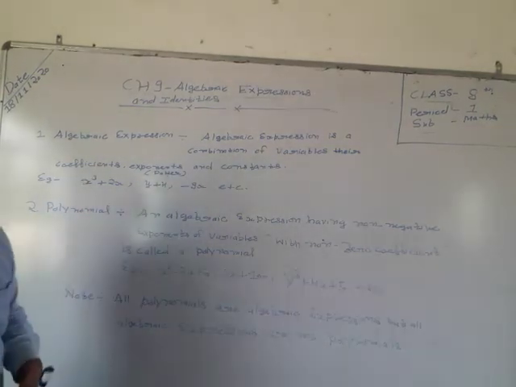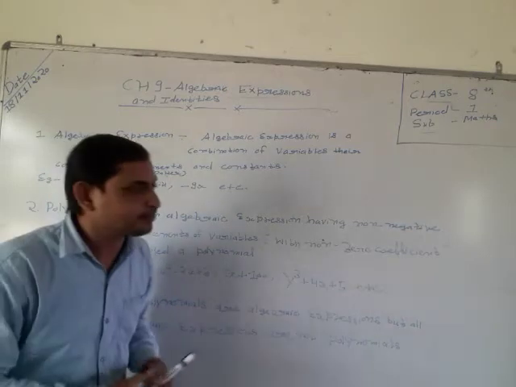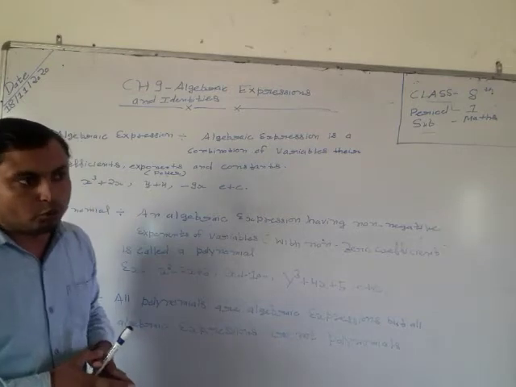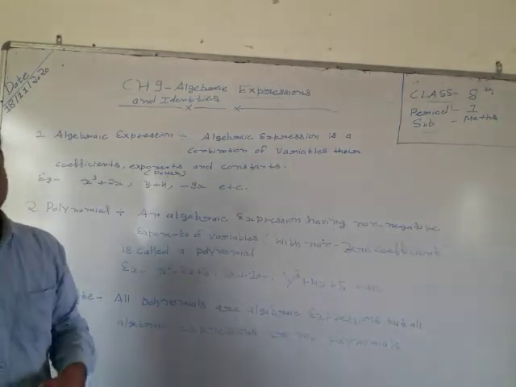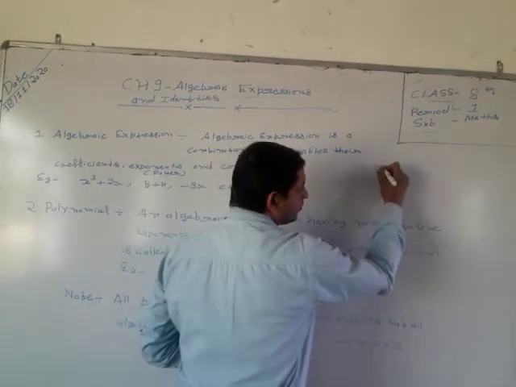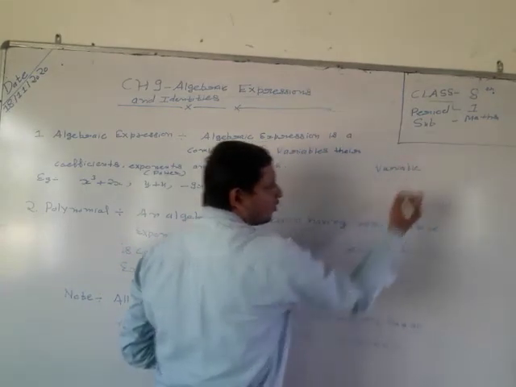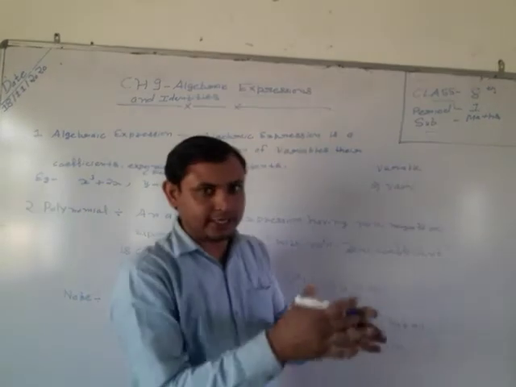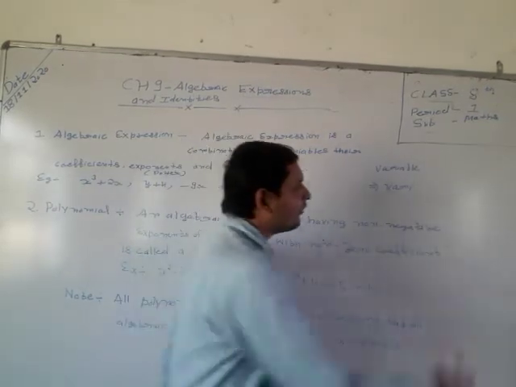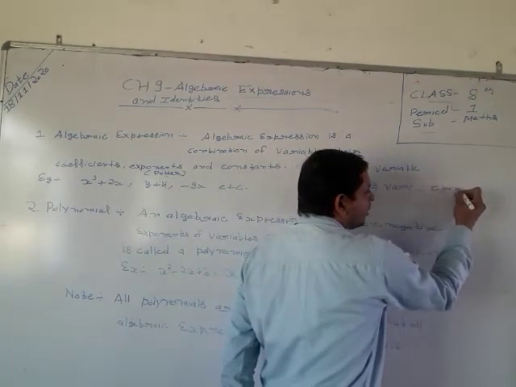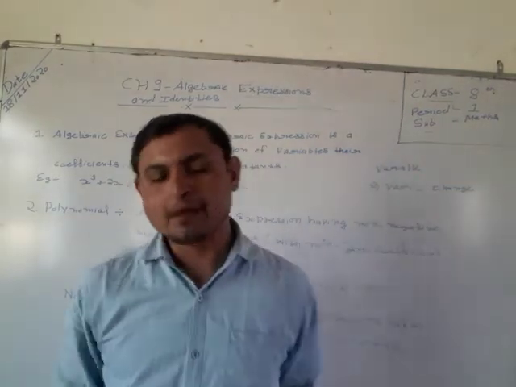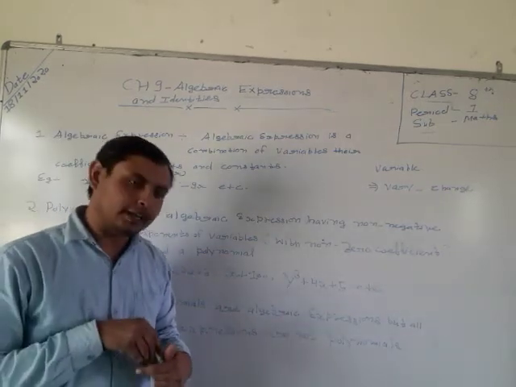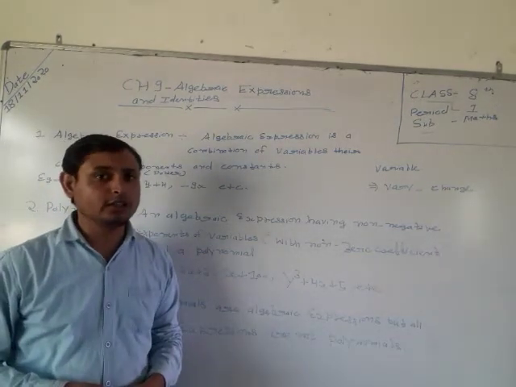You all know what a variable and a constant are; we had discussed them earlier. A variable is one whose value can change. The word is derived from "vary", V-A-R-Y, not V-E-R-Y. Vary means change, so what can change its value is called a variable, and what cannot change its value, whose value is fixed everywhere, is called a constant.